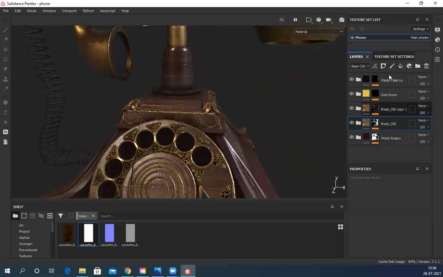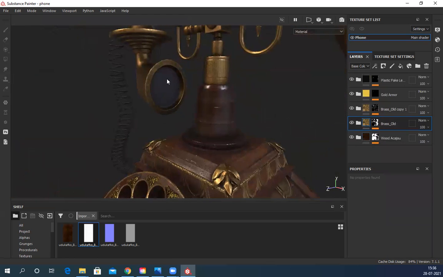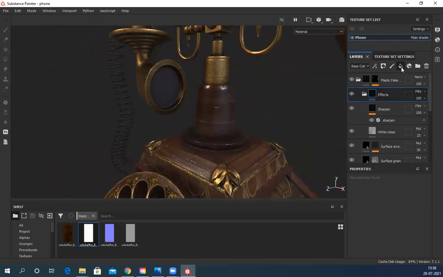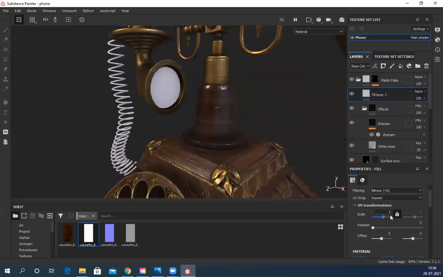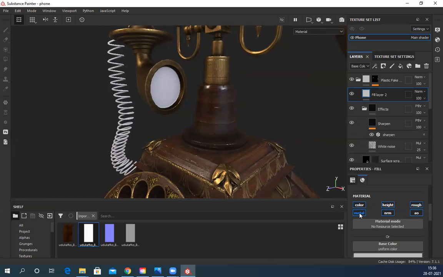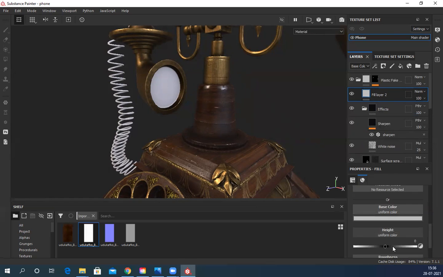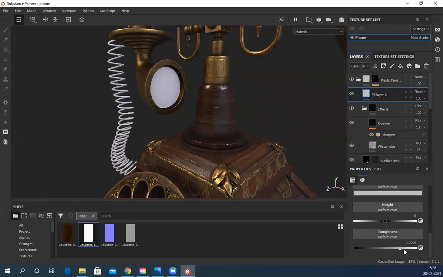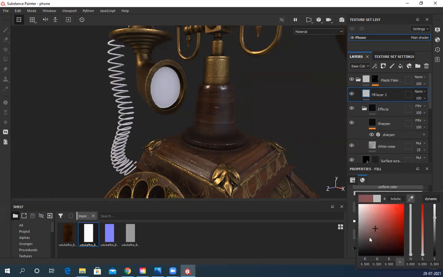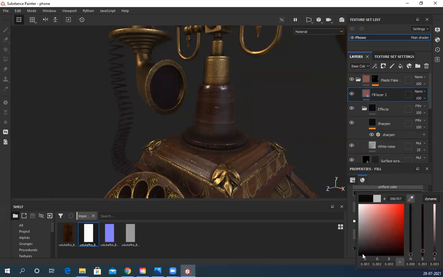All the folders are here, everything separated. Still, in this area I need to add some grains. Usually this is more like a netted kind of thing, right? So I'll simply add a layer, and this layer without color, or maybe I can use color. I can use a mask for it. Color, roughness is super matte, height minus slightly, and color is almost black.